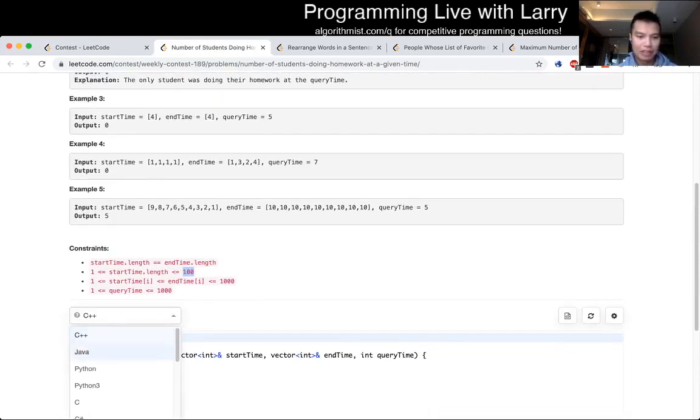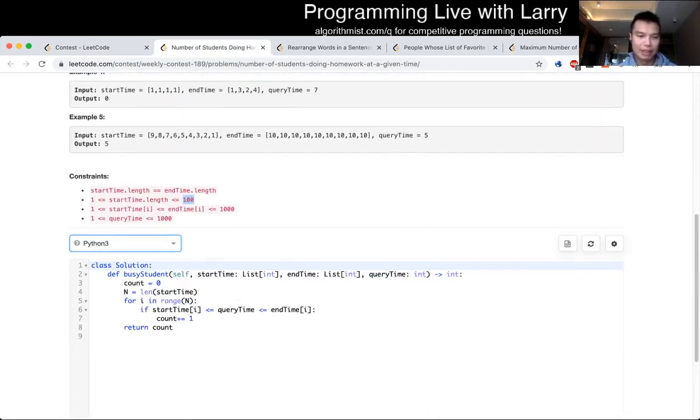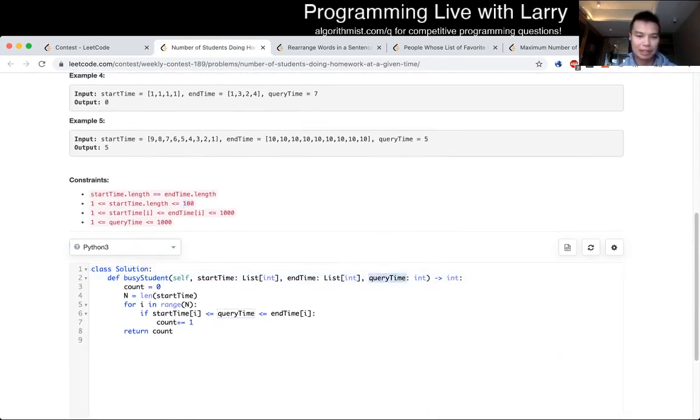Oh yeah, because n is only 100, you can just go for it manually and then count for everyone. Just making sure that the query time is between the start time and end time for a given index i, and that's pretty much it for